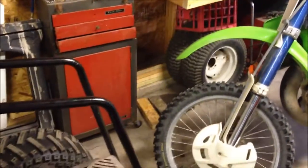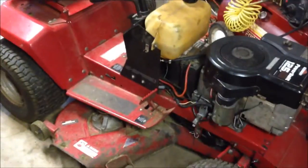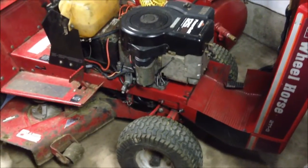I guess I'll do a little garage update while we're doing this. Mini bike still running. Go-kart still running 100%. Got the new knobbies on the front. You see my old Sears mower is in here because I had to mow with it last time, because the time before when I was mowing, my Wheel Horse that I rebuilt in one of my previous videos threw a rod. So I don't know if that was just from wear and tear of it being used for so long,